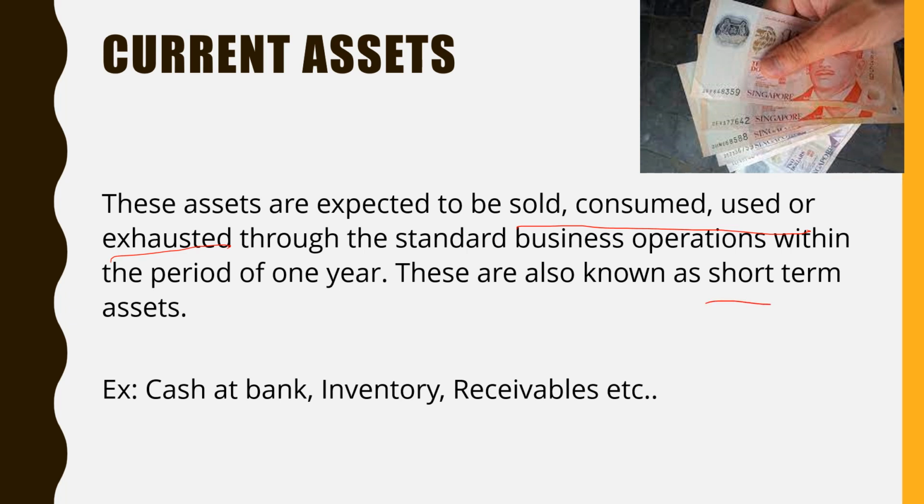So these are also known as short-term assets, like cash at bank. We never keep money in a bank for a very long time, right? Cash at bank or cash in hand, or inventory, or the goods kept in a shop for resale, that is inventory, which is also a current asset, or receivables like debtors. We'll discuss the debtors later. So current assets means these assets which are expected to be sold or consumed or used within an accounting year, generally a 1 year period.